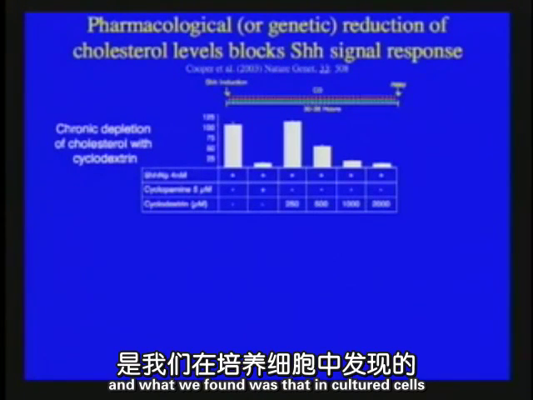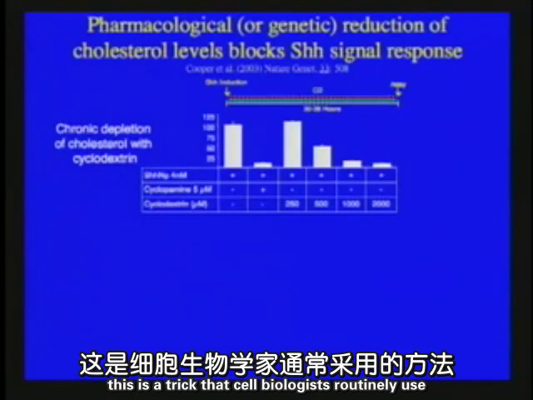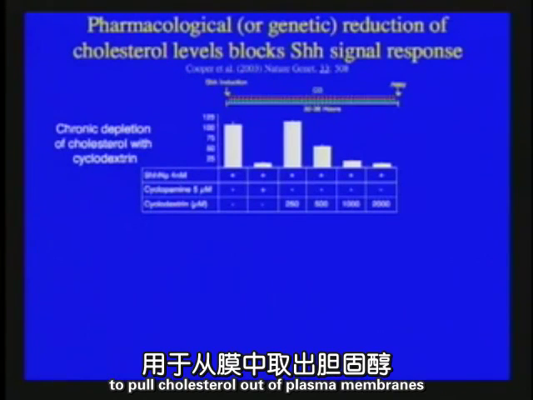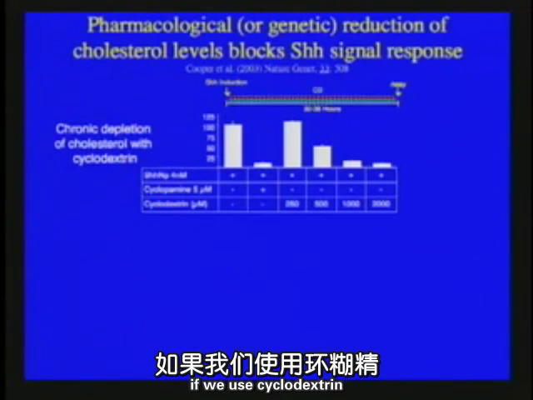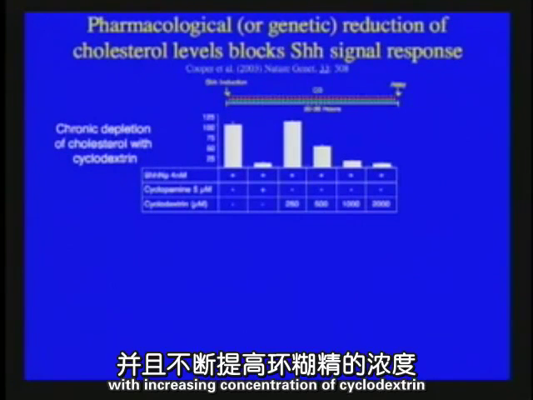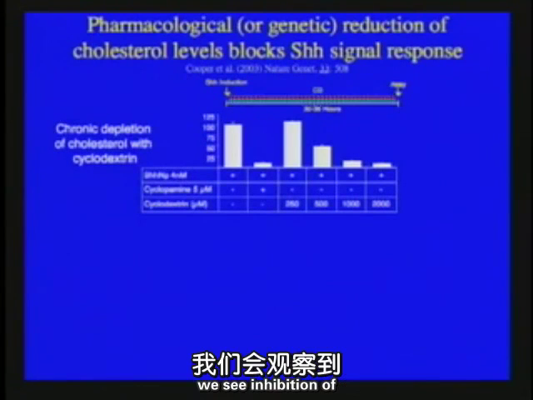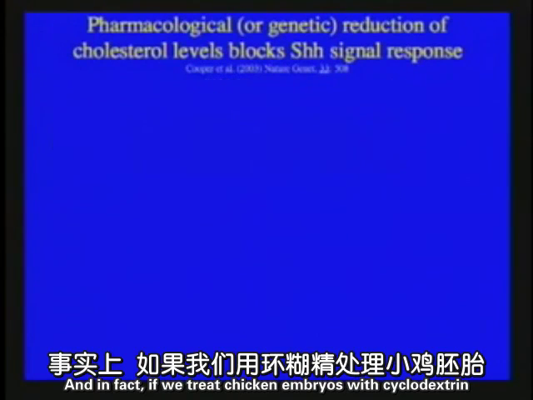What we found was that in cultured cells, if we use cyclodextrin to deplete cholesterol from membranes, a trick that cell biologists routinely use to pull cholesterol out of plasma membranes and disrupt lipid rafts and microdomains, and we apply it chronically throughout the experiment, with increasing concentrations of cyclodextrin, we see inhibition of hedgehog pathway response. And in fact, if we treat chick embryos with cyclodextrin,